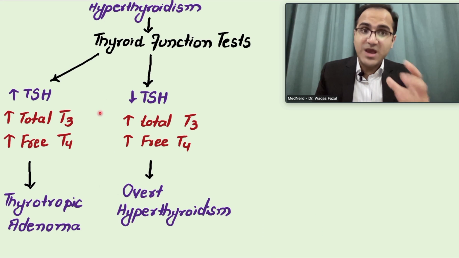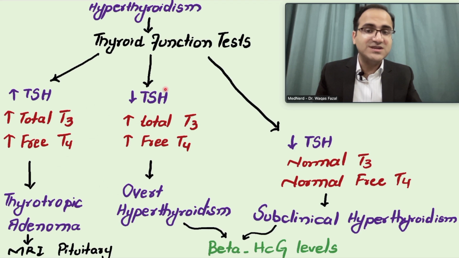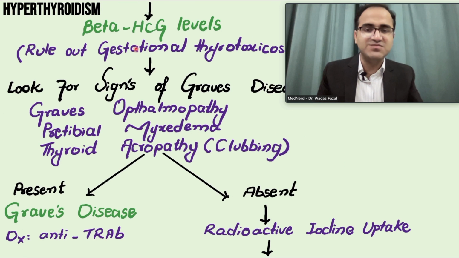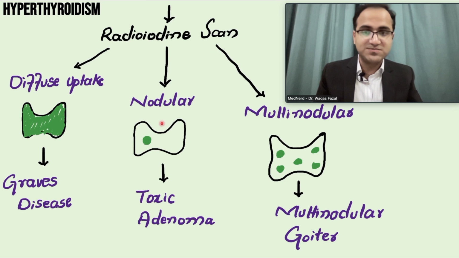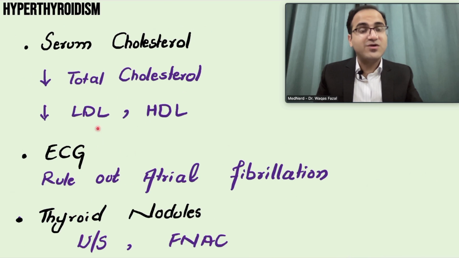of hyperthyroidism. And if the TSH is high, it is pituitary adenoma. If the TSH is low and the thyroid hormones are normal, subclinical hyperthyroidism. To check for beta HCG in patients that are pregnant. Signs of Graves' disease are seen in these patients. Then you perform radioactive iodine scan where there are no signs of Graves' disease, and then you perform certain other tests